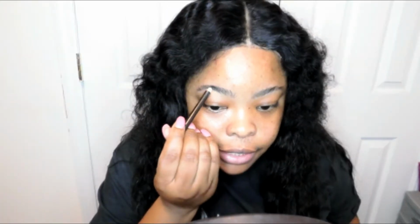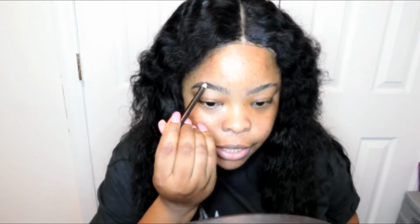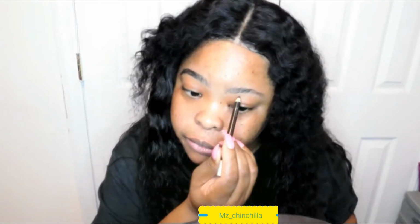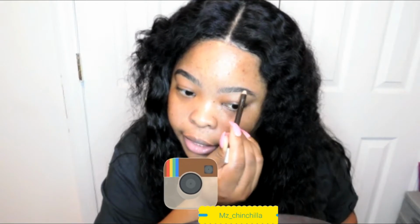Since the whole COVID-19 thing happened, I haven't really went to get my eyebrows waxed, so they have been tweezed by yours truly. So that's basically what I've been working with, a tweezer, and that's it. So I'm filling in my eyebrows right now, but yeah, I want to talk guys